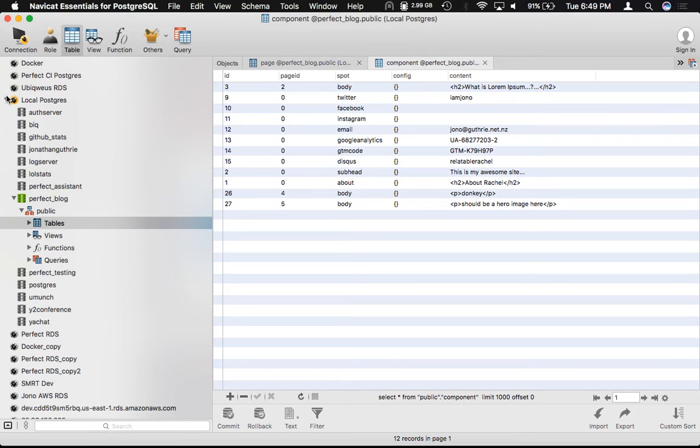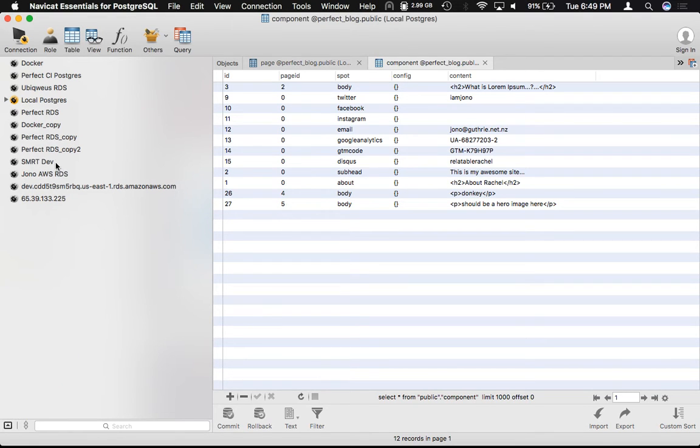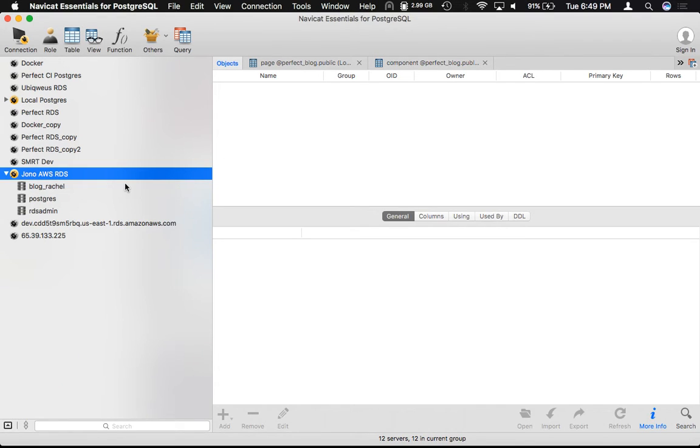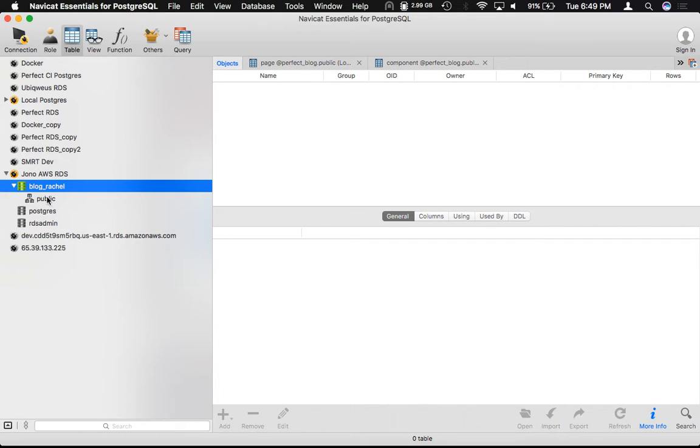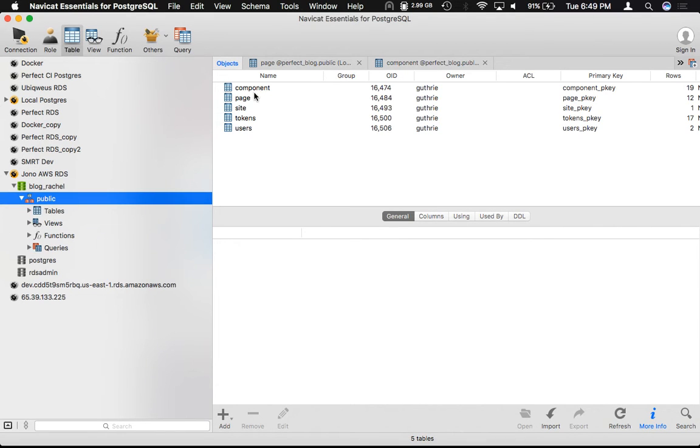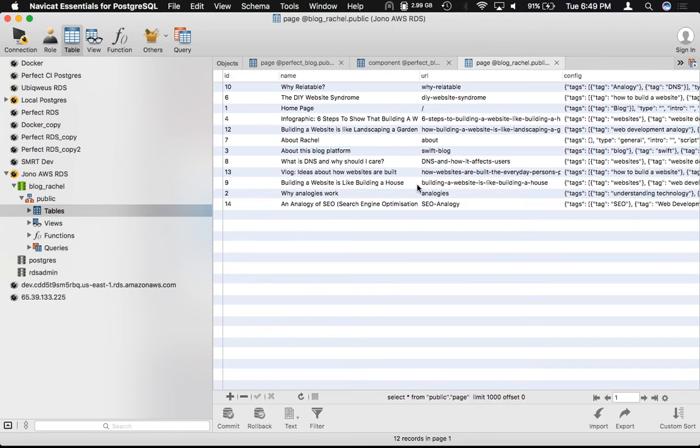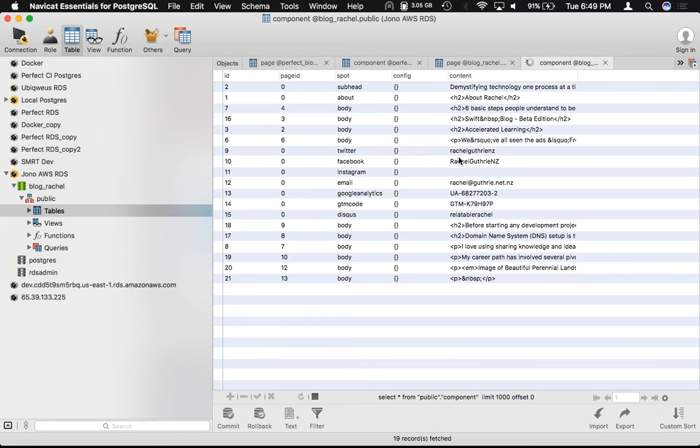If I was to log on to this RDS and have a look at the pages, there's a lot more pages, but components, you'll see that the components make a lot more sense. So there is the assembled HTML of all of the pages and the page content. Okay, so nothing particularly magical,